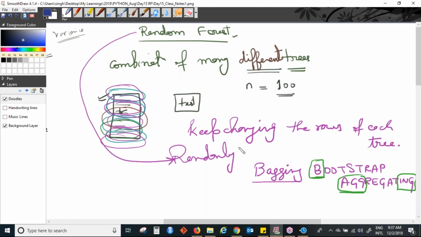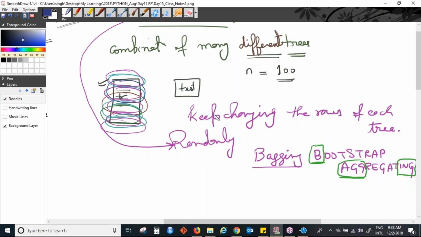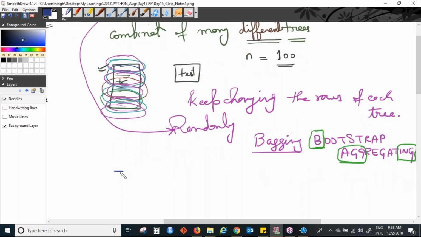Now we have utilized the bagging technique to create different trees so that we sample the data differently. We create random samples every time, and since you are creating random samples, the data will keep changing. Now, how do we create them? Let's talk about this in detail. Let's say we are building the first tree, tree number one. Out of, let's say, n rows in the training data, we will select 2/3 of n randomly.